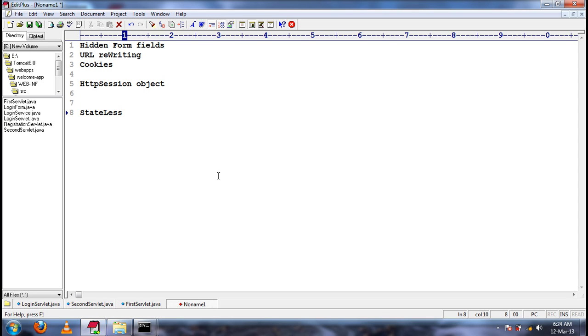The information of the previous interaction with the client will not be available for the current interaction. If that is the case, then it is a stateless protocol.